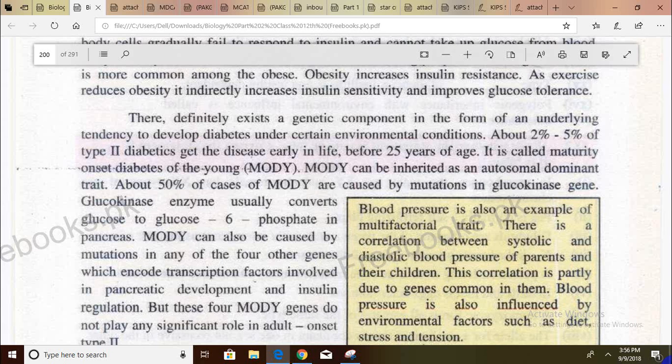So, right, we have these 4 other genes, and these code for transcription factors, that is, they help in the making of mRNA from certain genes, and these somehow have a role in pancreatic development and insulin regulation,